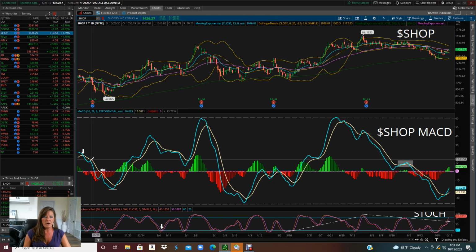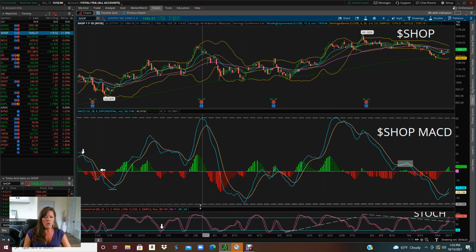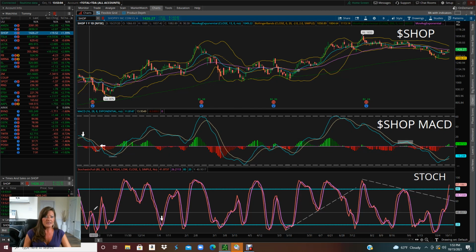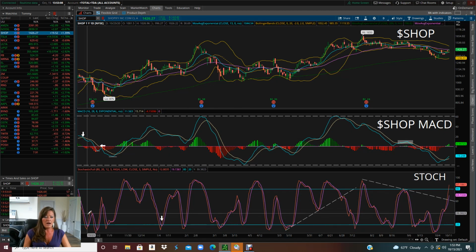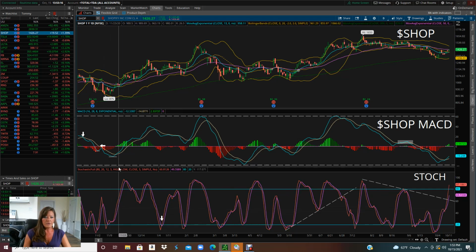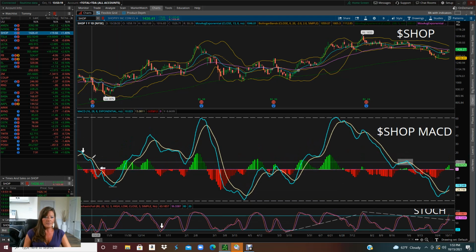That's the hard part about MACD, and why I also use it in conjunction with stochastics, to see where the stochastics are at. And as you can see, the stochastics didn't even make it to its invisible 50 line that I always talk about and talked about in my stochastics video. So it did not cross here bullish, it continued down,